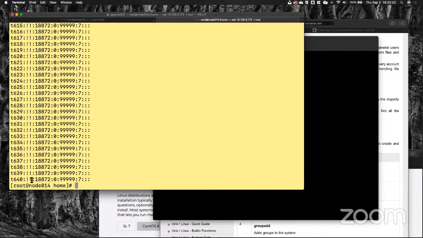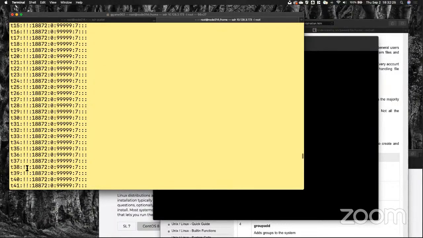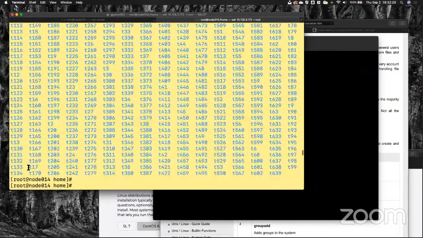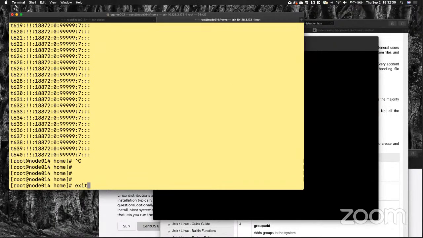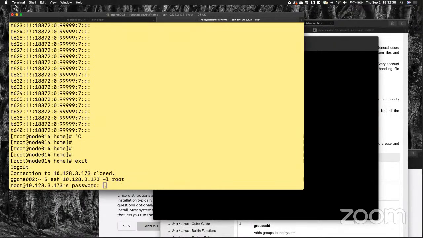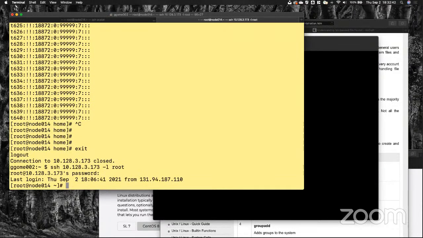Again, all of these accounts, you see the double exclamation, it means they don't have a password set up on them. The only one that has a password at the current moment happens to be root, which is the account that we logged in with. So if I get out, I come in back as root,